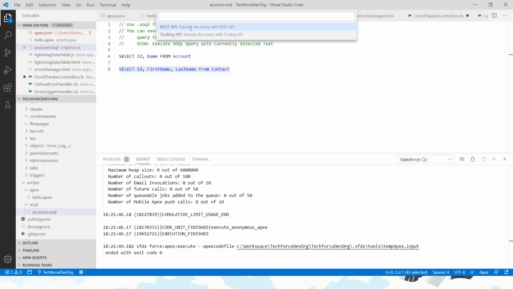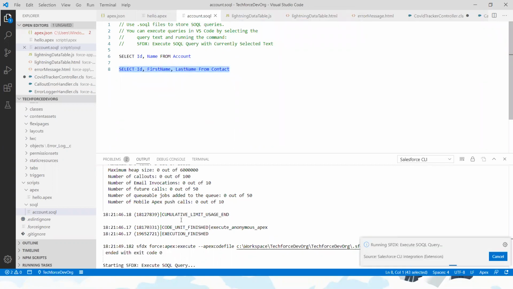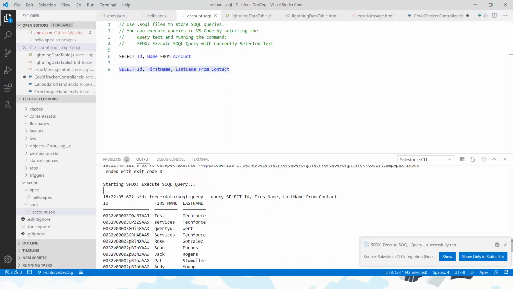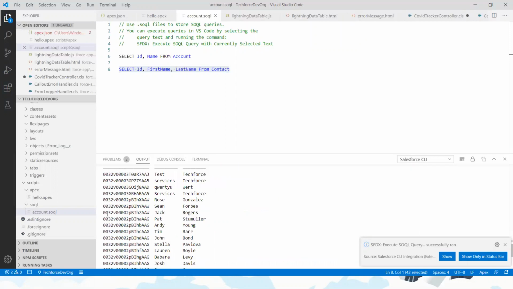So I selected the REST API, so the returned result will appear in the output. Yeah, the query is executed, the returned results appear this way.